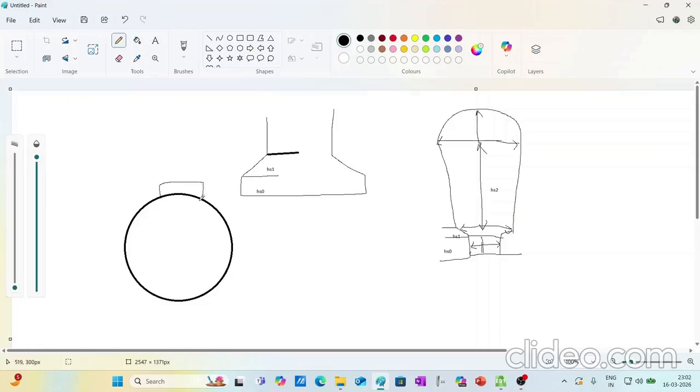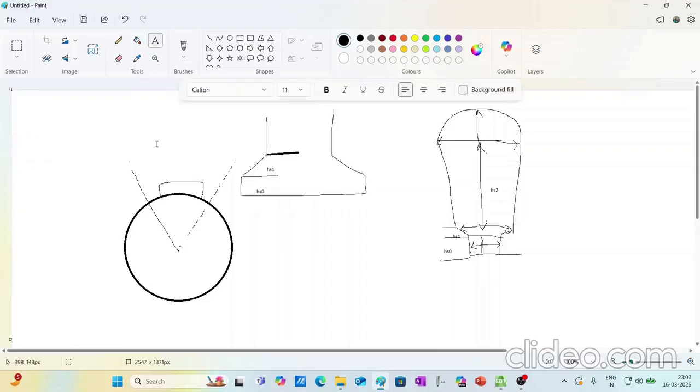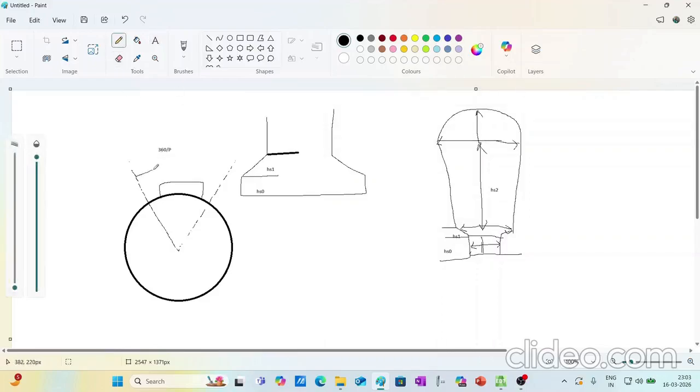Suppose this is a magnet, and this line to this line, this angle is 360 degree by number of poles. That means one pole pitch. Okay, this is this angle,